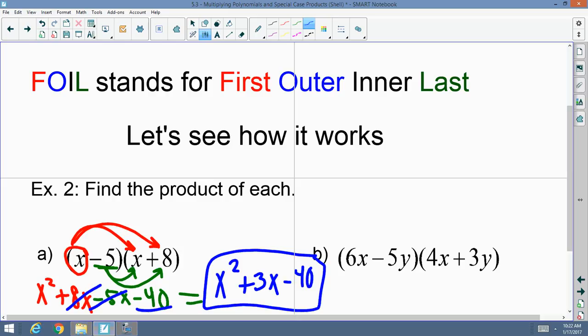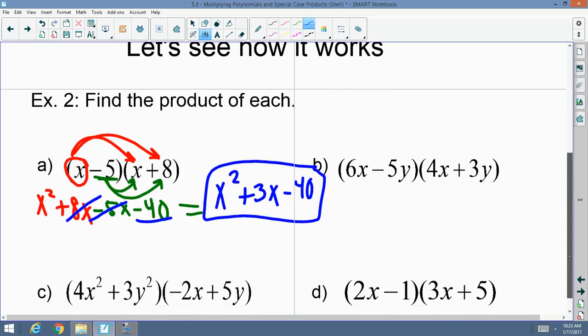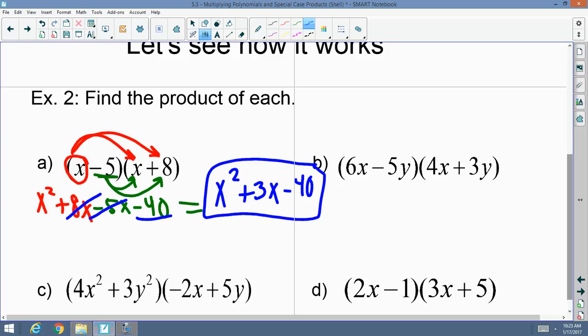And that's FOIL. You take the first term of the first polynomial and multiply it to every single term in the other polynomial. Then you take the second term of the first polynomial and you multiply that to every single term of the second polynomial. For example, 6x minus 5y times 4x plus 3y. I'm going to take 6x times 4x, which is 24x squared,